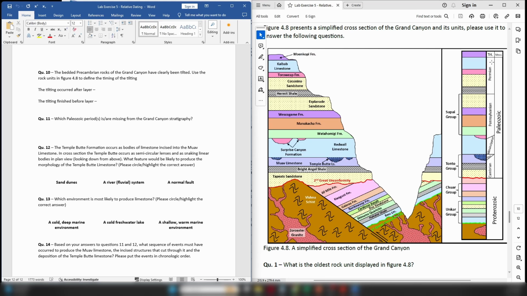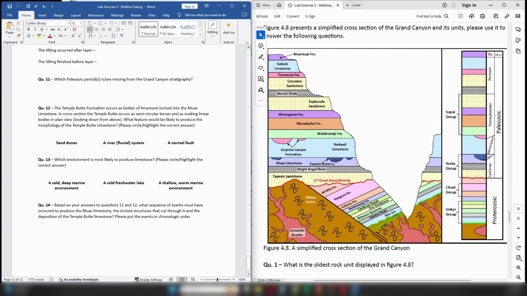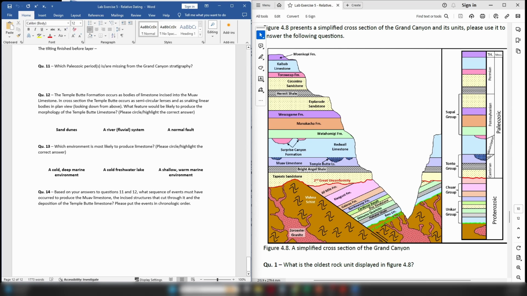Okay, so when you come over here to your stratigraphic column, your periods are listed right there. If some of them are missing, there's your answer for question 11. On to question 12. So the Temple Butte Formation is here, okay? It's this purple blue color, and you can see it forms these distinctive kind of semicircular shapes within the Mave